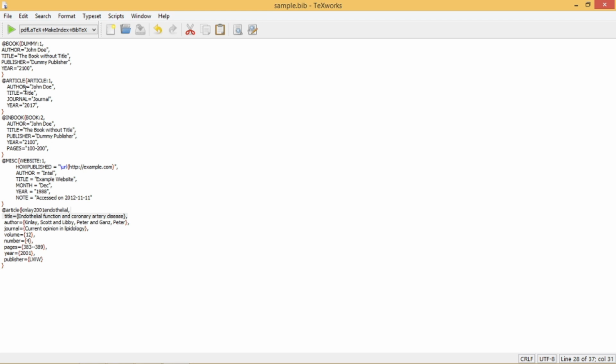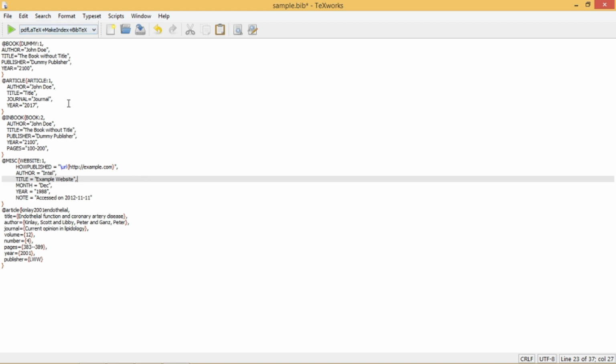You can see a record in this file in some specific format. This is called a BibTeX format of different records. I have a record of a book reference, I have a record of an article reference. @article means this record is of an article, @book means this record is of a book, and @inbook means you are going to take the reference from inside of a book, and @misc means you are going to reference a website. How you can get this BibTeX format?